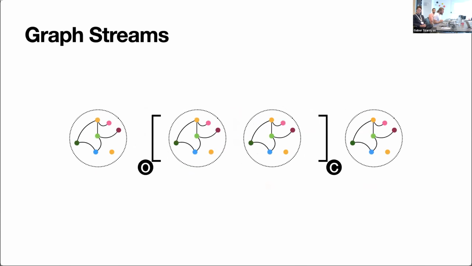Now, the case of graph streams is, to my view, a subcase that comes from a hybrid world of stream processing. Every element in my stream of colors is now a graph itself, and my window over the stream represents the scope of my dynamic graph. Intuitively, what's inside the window is a dynamic graph that I have to maintain. I can imagine every element entering the window as an addition, decomposing the graph that represents the single individual element as a set of edges to add. And similarly, I can do the same thing with the graph that is going out of the window. OC stands for opening and closing point of the window.